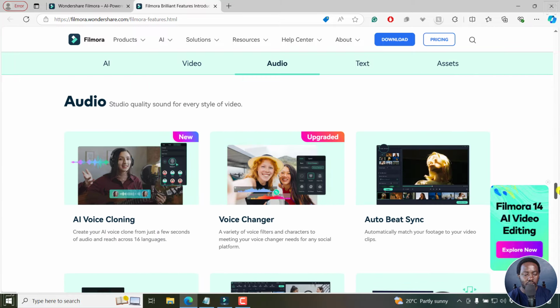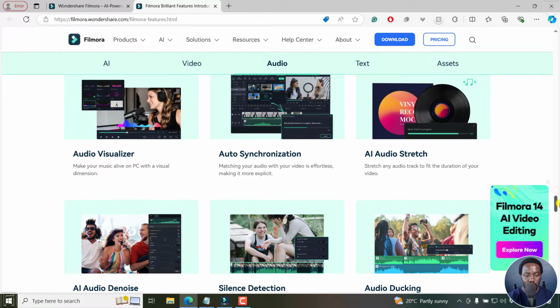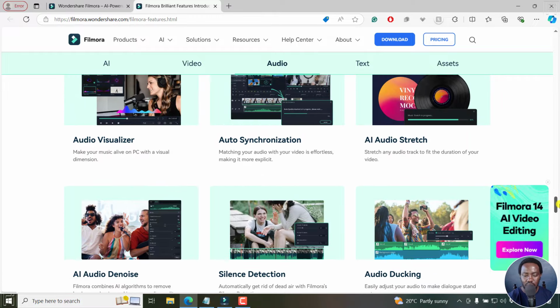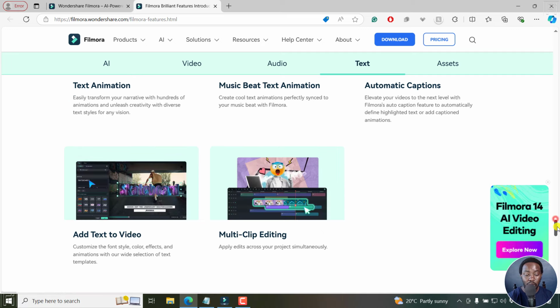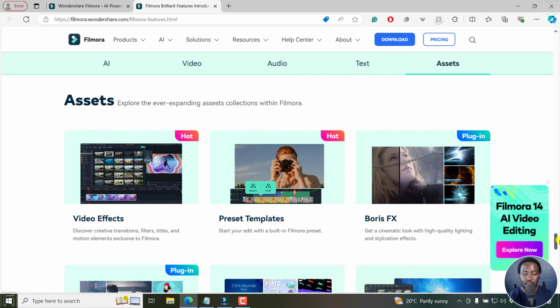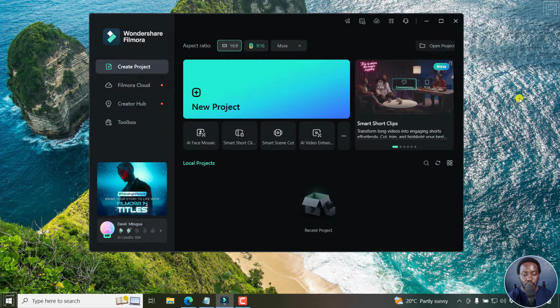So if you keep scrolling, we've got the AI voice cloning. This was also released in an update in Filmora 13, but it's now officially more or less in Filmora 14. We've got a couple of things upgraded, and then you scroll down. Audio visualizers, obviously, those are really good. Text animation, music, big text animation. All of these were in Filmora 13,